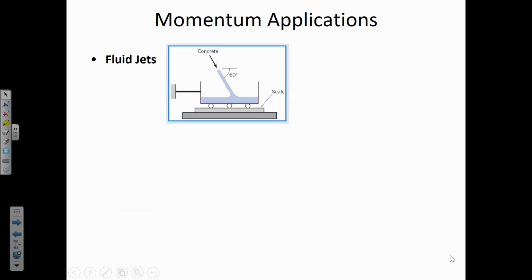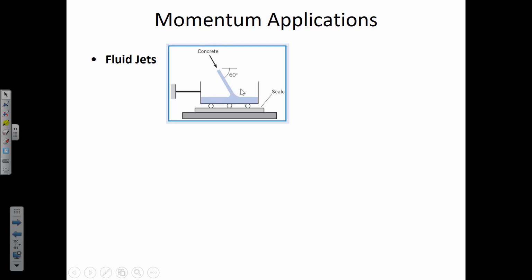Okay, there are 3 main types of problems we're going to solve in Chapter 6. And they fall into these categories of fluid jets. So this illustration is showing if we have a stream of some fluid coming in, then you can look at that and see, since it's on rollers, it's going to have a tendency to move to the right if it isn't otherwise secured. And so this tether is going to develop some tension in it, because the concrete that's